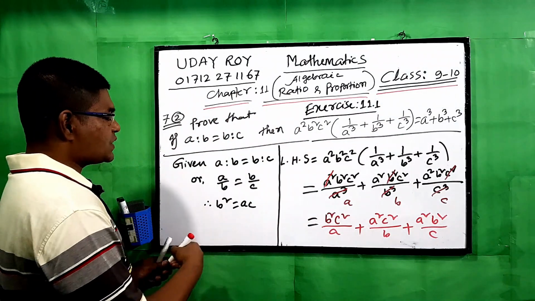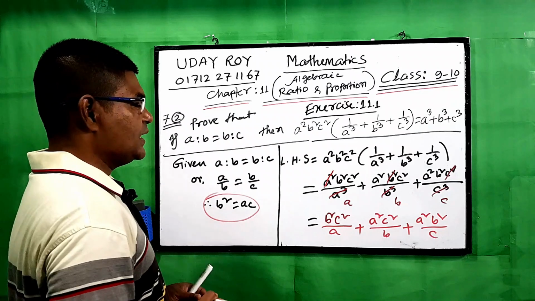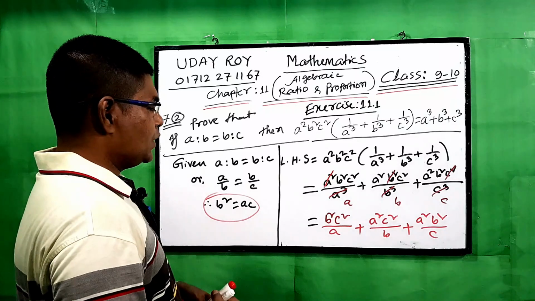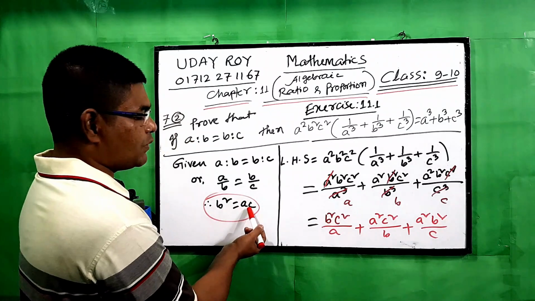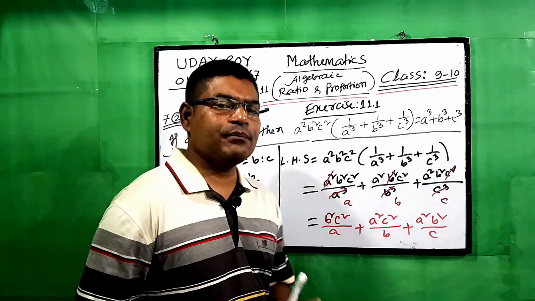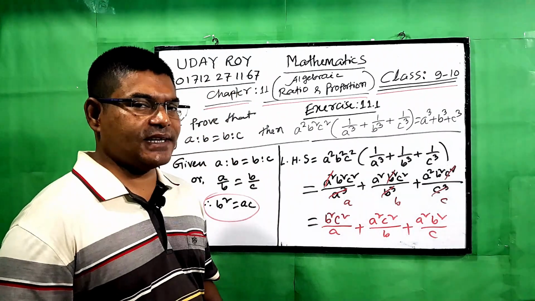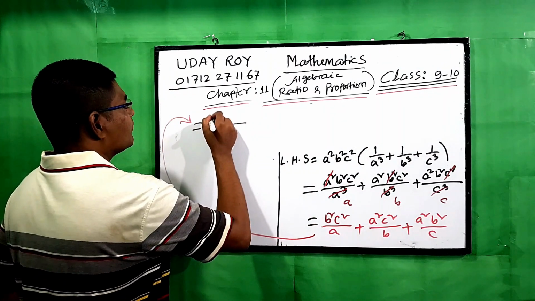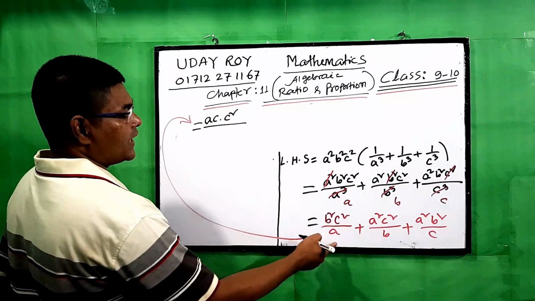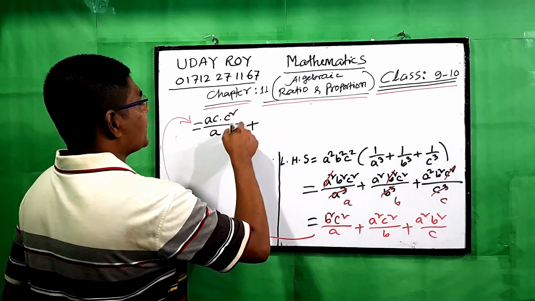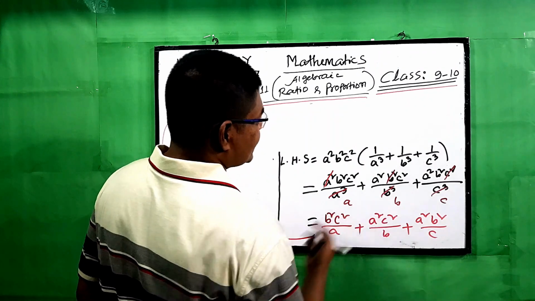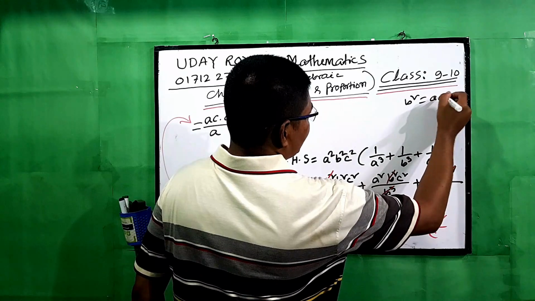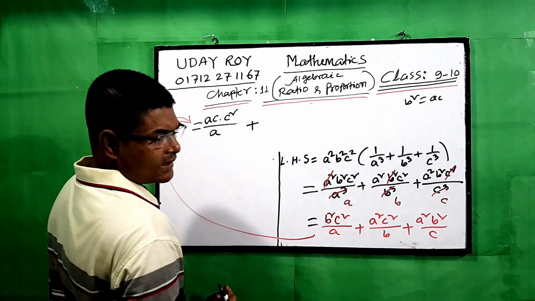We have got b square equal to ac. Remember it, b square equal to ac. Let's come to the point. Here b square equal to ac, just we have to put in the value. I think we can solve the maths easily. So please come back here. b square equal to ac into c square, here is a plus a square c square. You can say b square equal to ac, but here is a square c square.